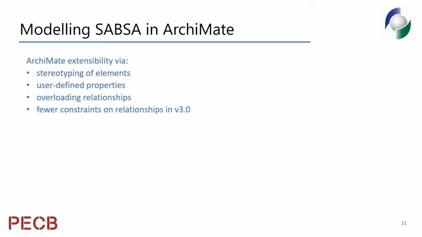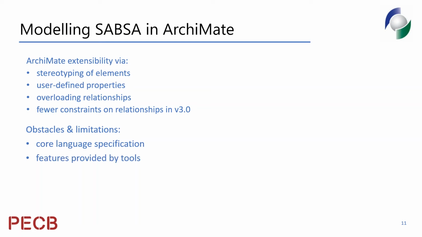And in last year's version of ArchiMate 3, there were fewer constraints and restrictions on relationships, in the order and the way that they were connected between layers, which for our purposes, where we're trying to insert a layer and rejoin everything up, makes it possible to do some things a little bit more elegantly than was the case in ArchiMate 2.0.